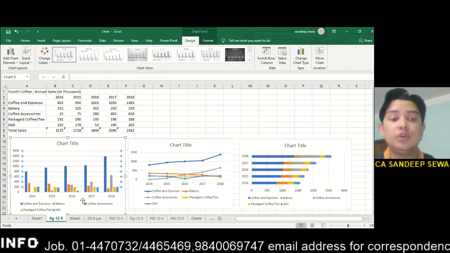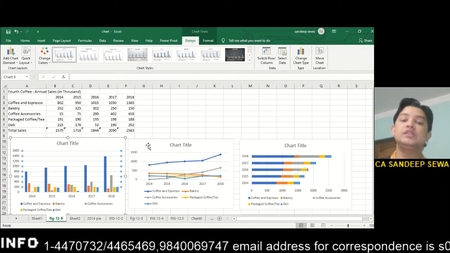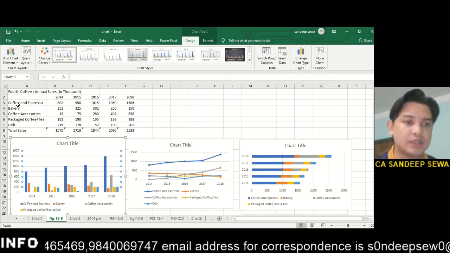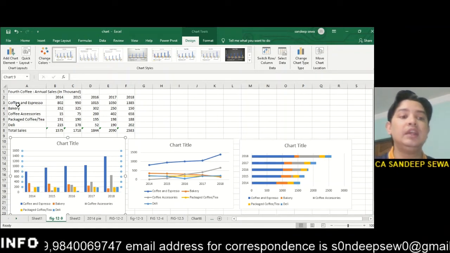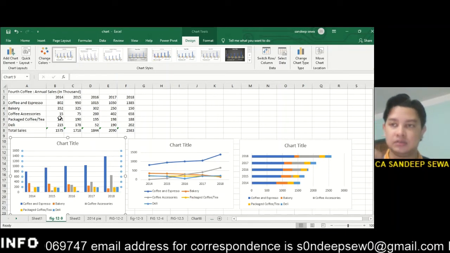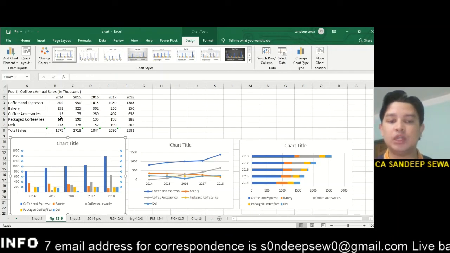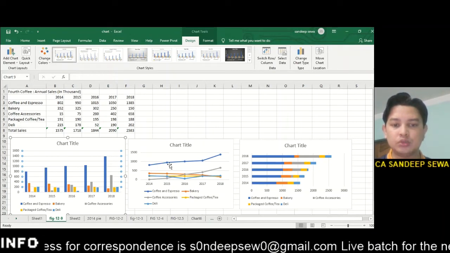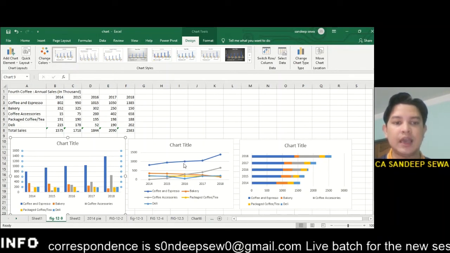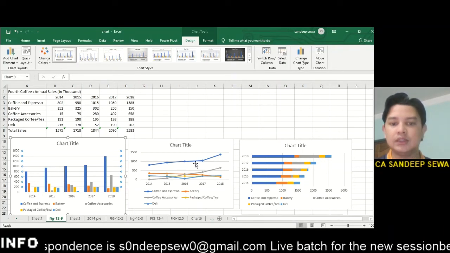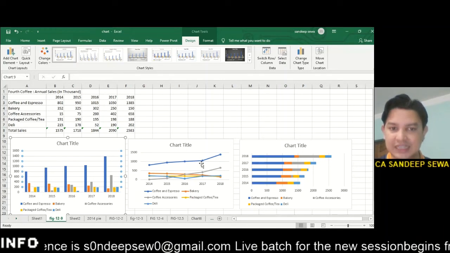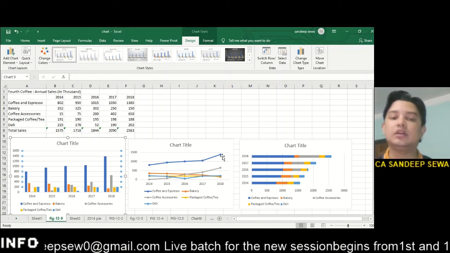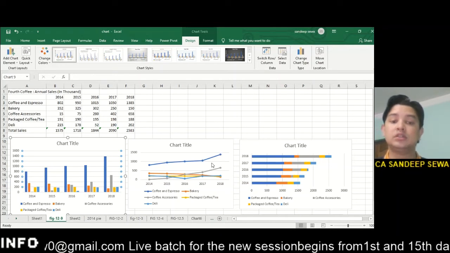But if you want to see the trend of how it is going, say one of my products is coffee and espresso, how my coffee and espresso are moving over the 5 years 2014 to 18. You can see this is moving from 802 to 905, 950, then 1015, then 1050 and 1385. This will show the movement trend, along with the other products also, product wise.